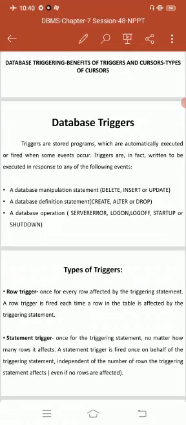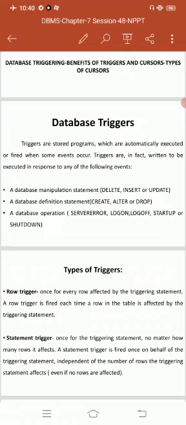Next, it can be used to prevent invalid transactions. Database triggers can be used to prevent invalid transactions; if any invalid transactions occur, they will automatically be prevented. Next, it can be used to enforce complex security authorization.